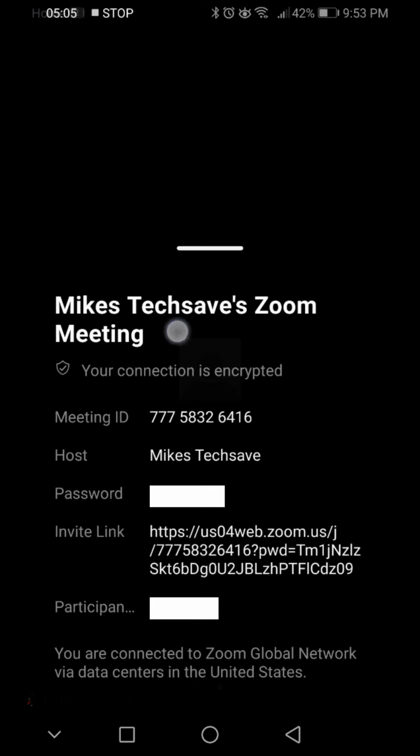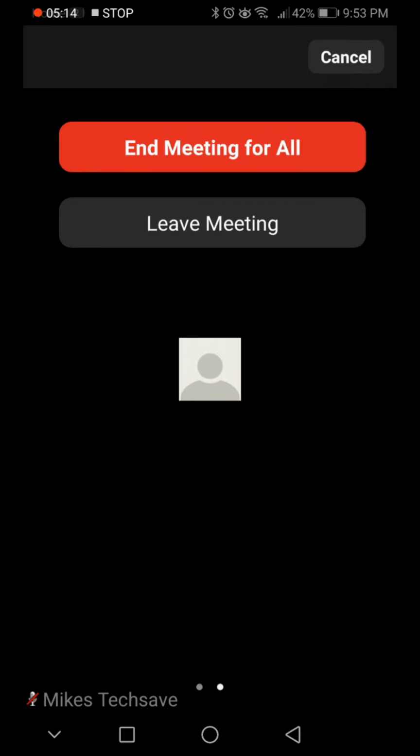So there's that. And then you're going to swipe down to get away from that. You can tap above it to get away. You have the end call button up on top right here. If you hit end, it should pop up right here. So you can say end meeting for all or leave meeting. So if you hit leave meeting,